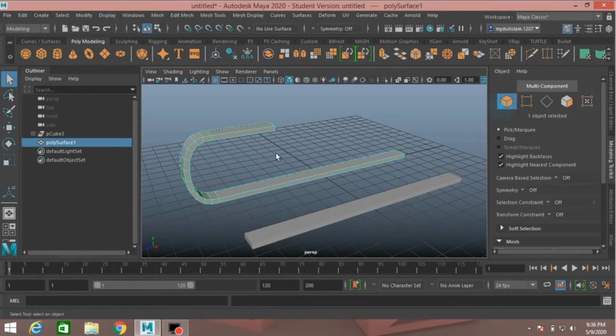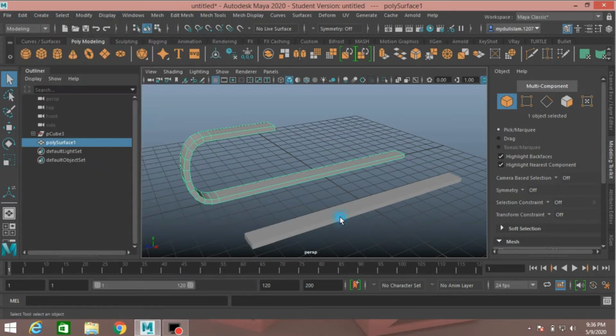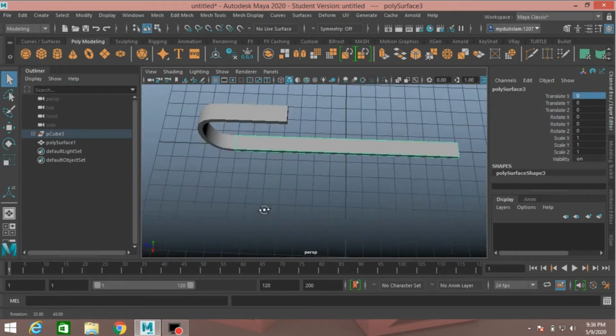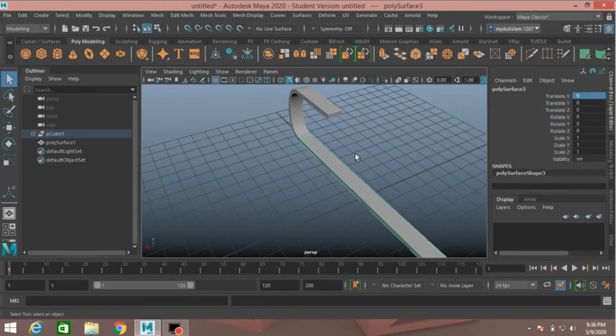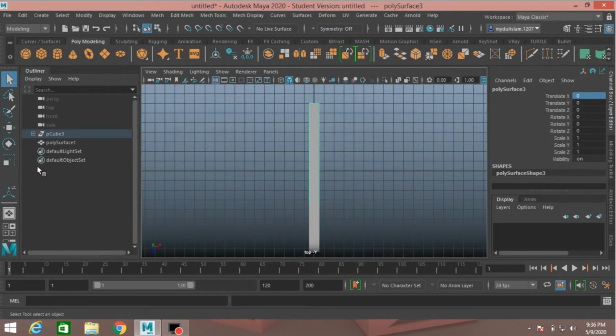Now go to object mode, select this, go to edit, delete by type, delete history, select this, press 0 on translate x axis. This will adjust here. Now select scale tool and scale just like this.